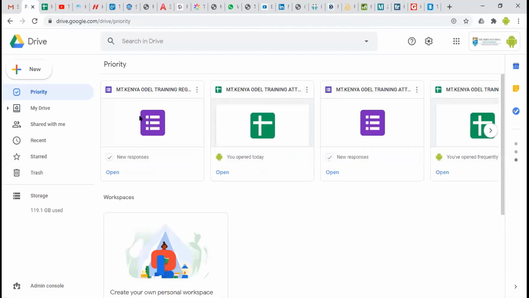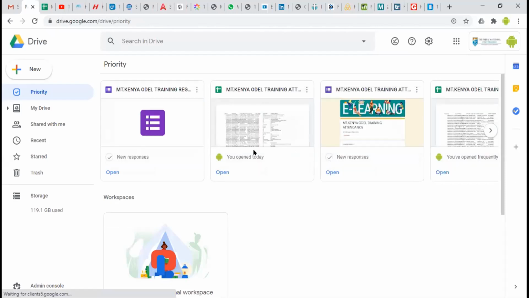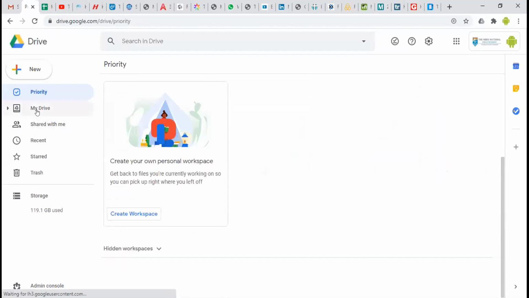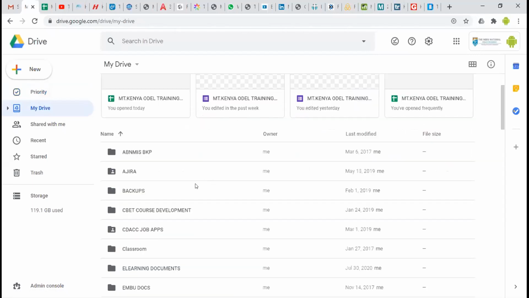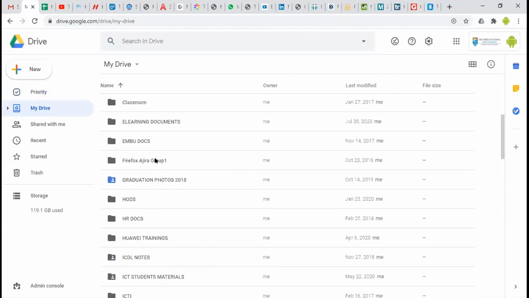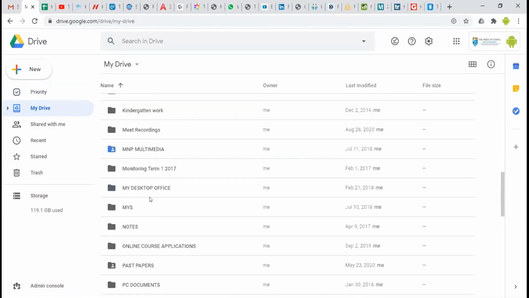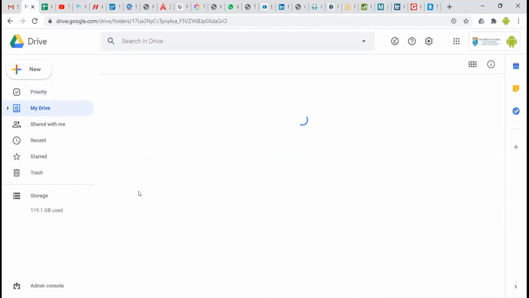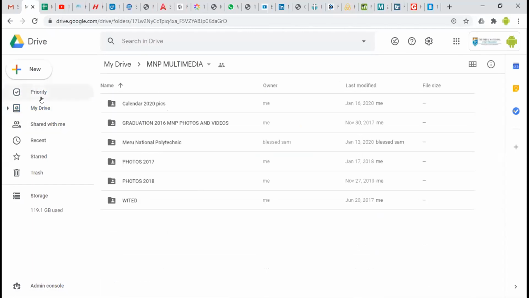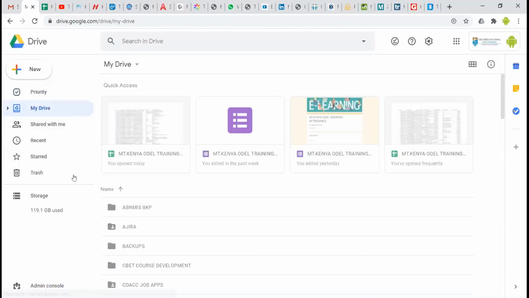This is Google Drive. This is where your data is coming, and everything that I need. So it is like my computer, whereby I can create folders, and I can upload information. So institutional photos, student applications, everything. So you can see that that is a facility that you have.